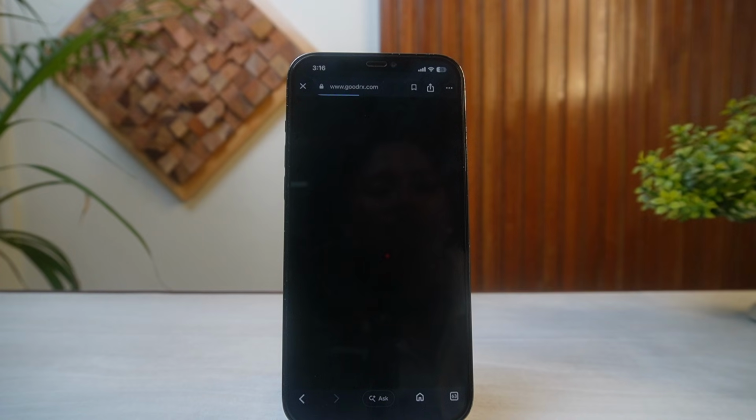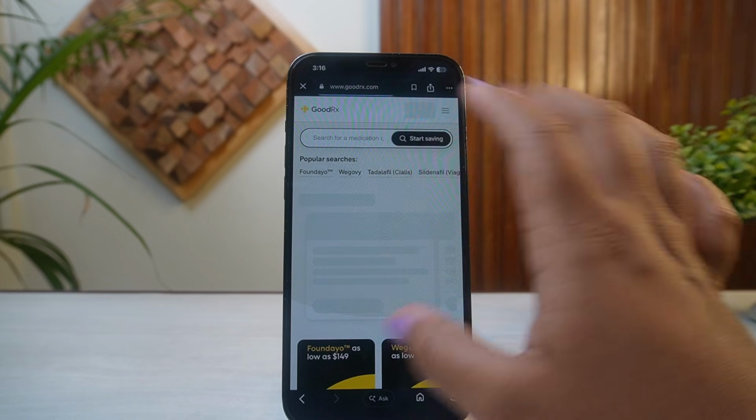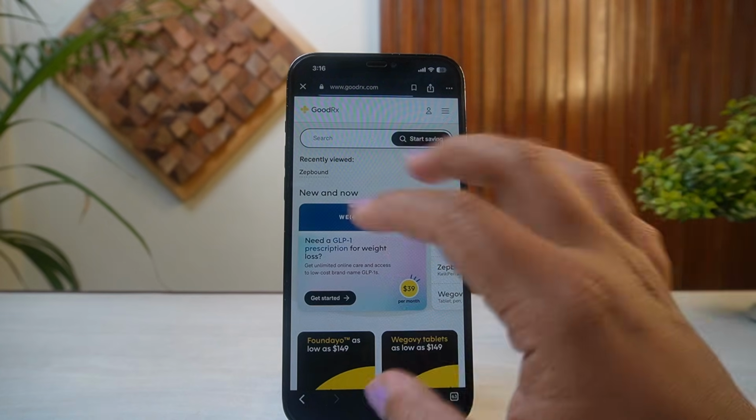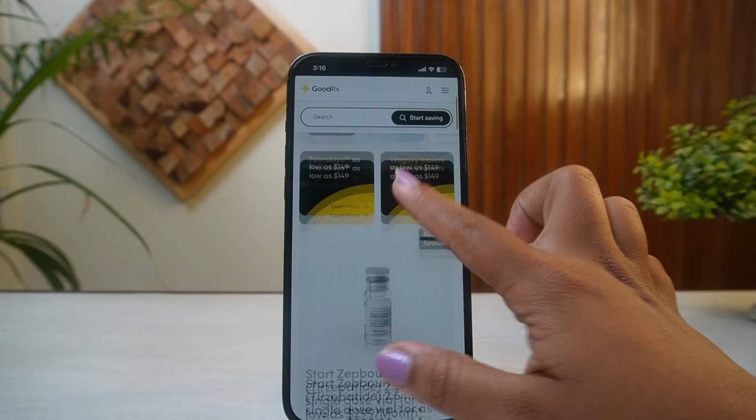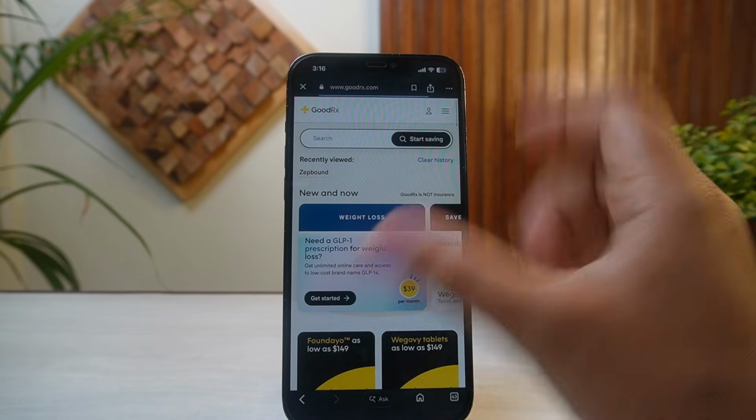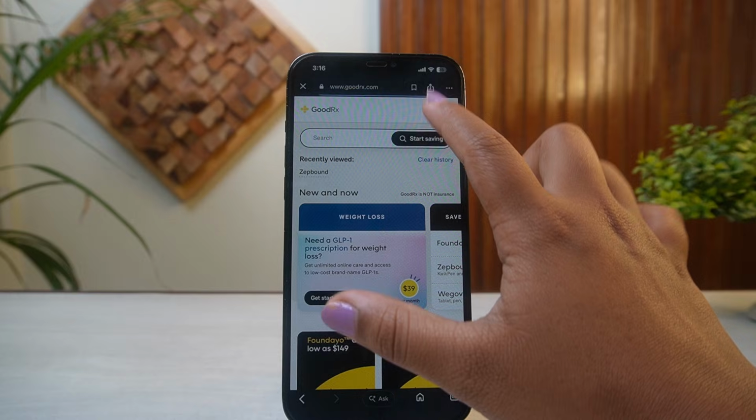How to log into your GoodRx account step by step. So in here, the very first thing that you need to do is simply get into your goodrx.com, or you can even use the application version of it. It does not matter. Just get into the application or website, then you can simply tap on the profile icon